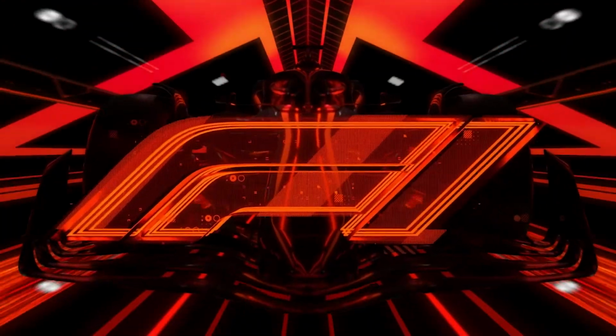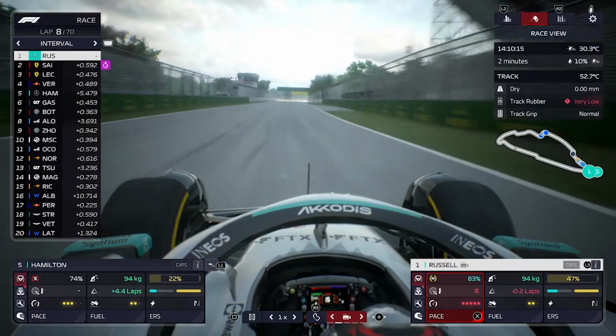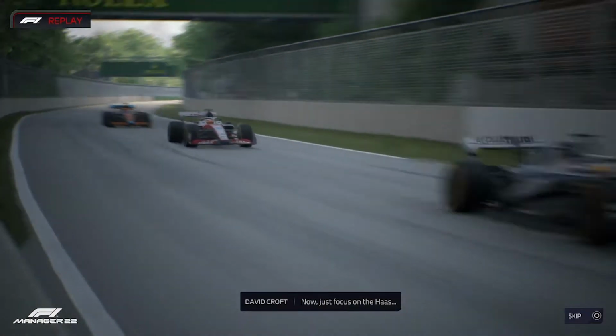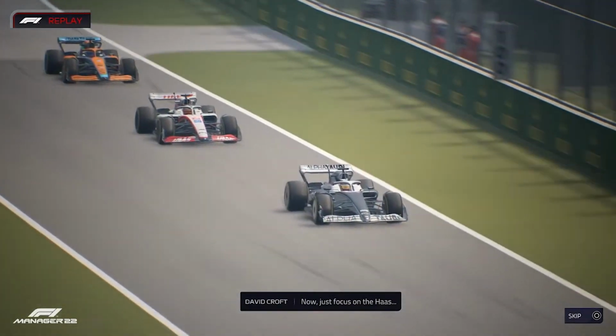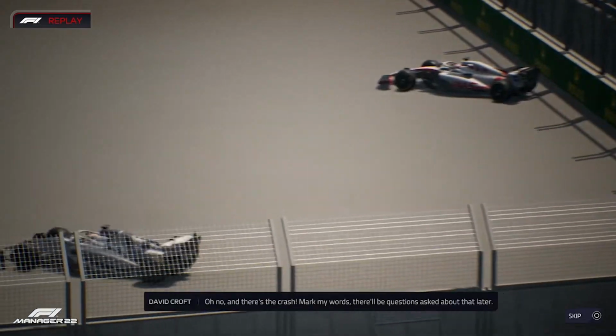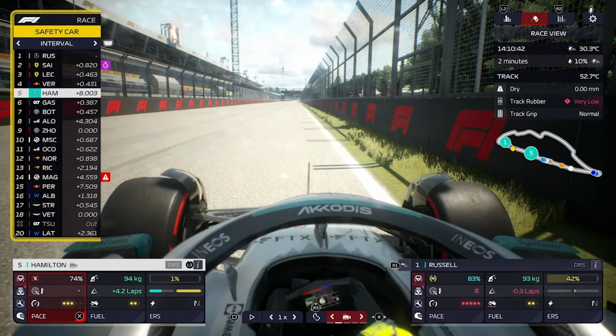Lewis Hamilton in P5 just needs to catch up to those front four, and hopefully we've got a five-way race on our hands. Let's see what happened there. Now just focus on the house. It's another crash for Kevin Magnussen. He smashed right into the back of the AlphaTauri of Yuki Tsunoda,